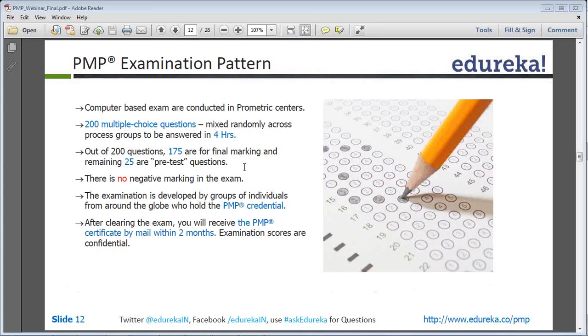Can we trust on mock papers to clear exam? It's just not the mock papers which you can just trust. You have to have the knowledge which you will get during this 35 hours of training. So if you look at it in the previous slide, what we saw is